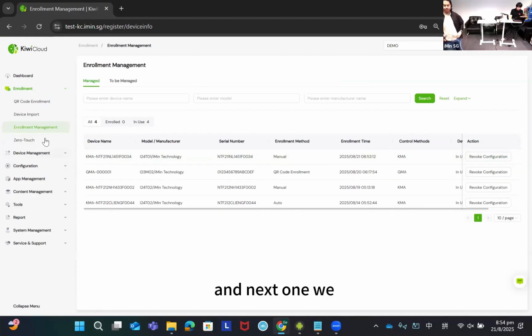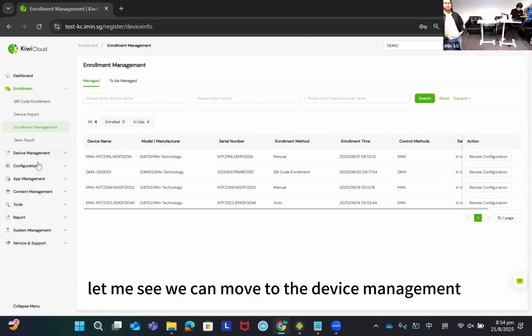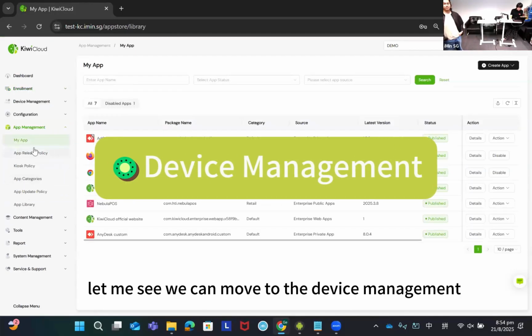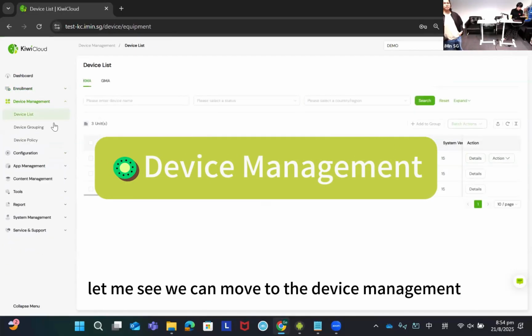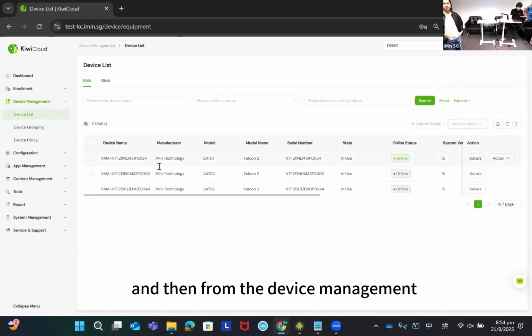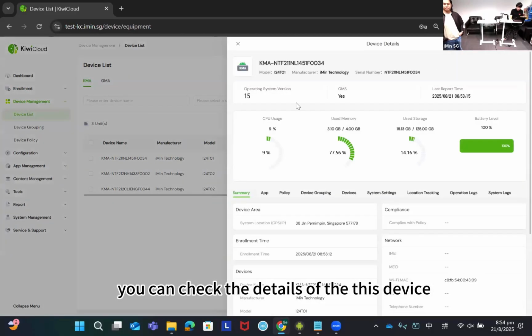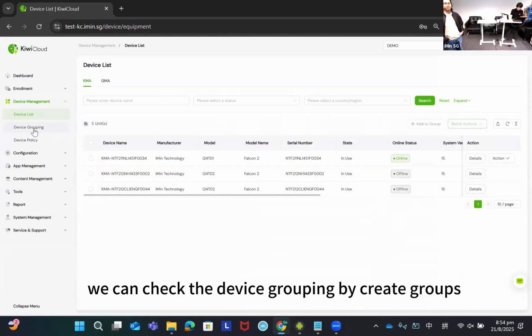And next one, let me see. We can move to the device management. And then from the device management, we can also see the newly enrolled device here. Here you can check the details of this device. We can check the device grouping